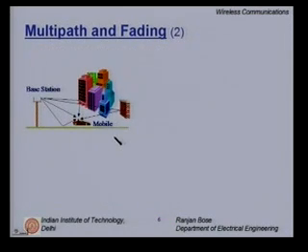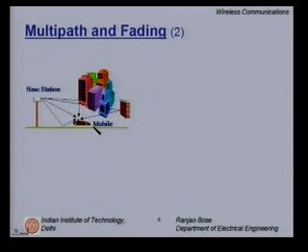Now let us understand it a little better. Suppose you have a base station, you have a mobile, and it is moving. At any instant in time, it receives the signal from the base station either directly or through a ground reflection or through reflection from building 1, building 2 or a wall, and so on and so forth. In fact, if we are in a dense urban environment, we will get a larger number of reflections. And why only reflections? You can get energy by scattering or diffraction.